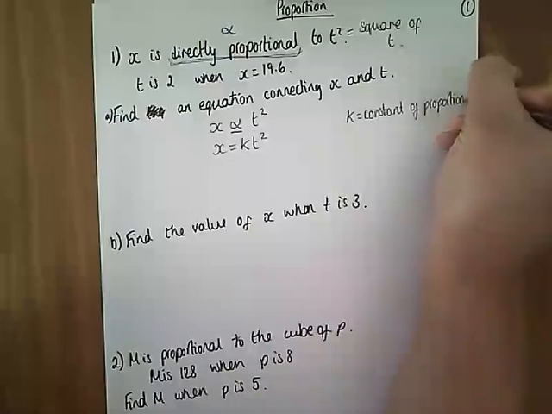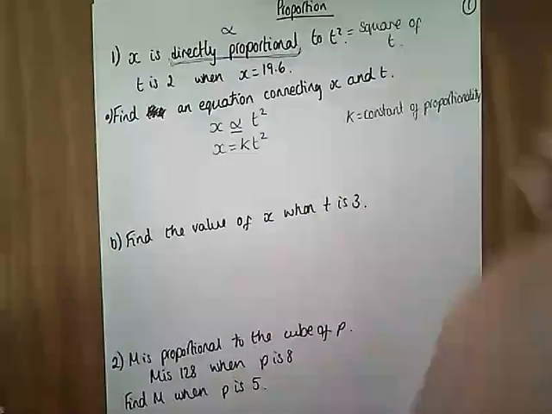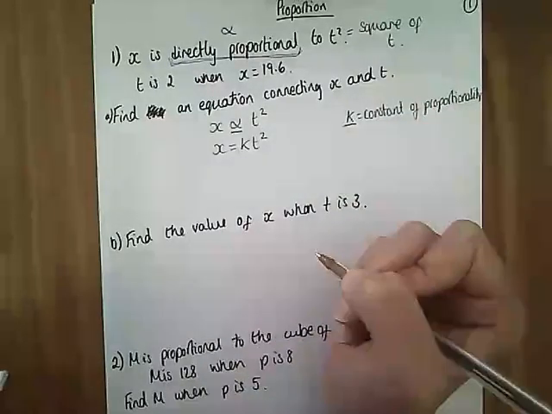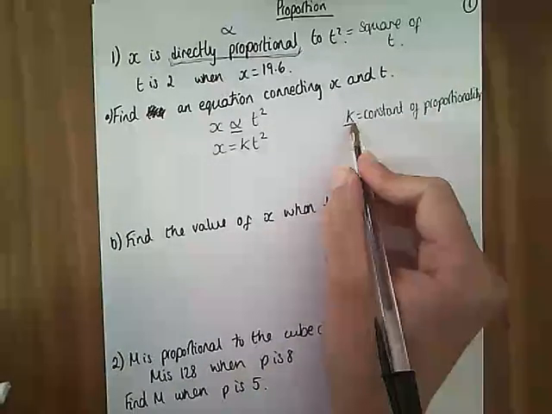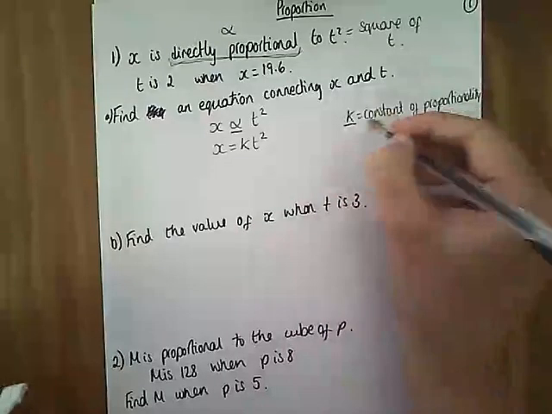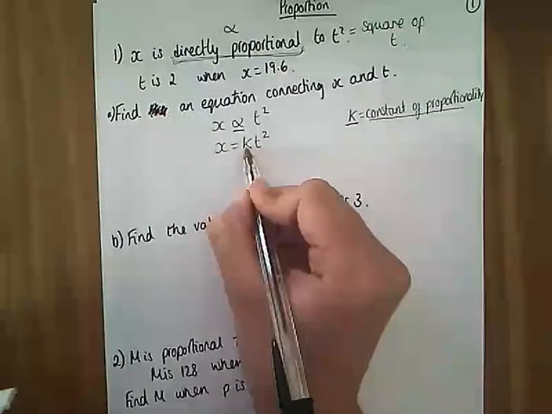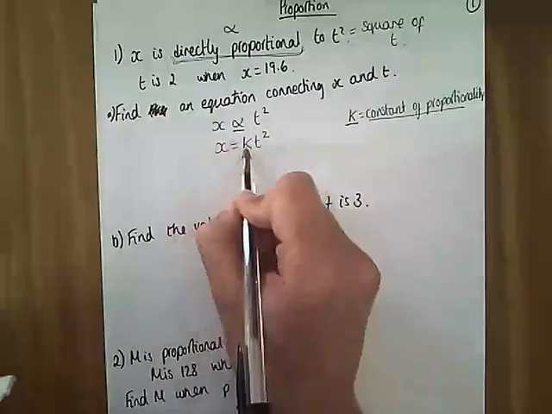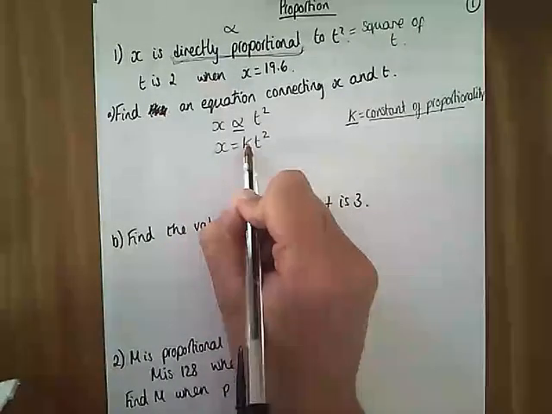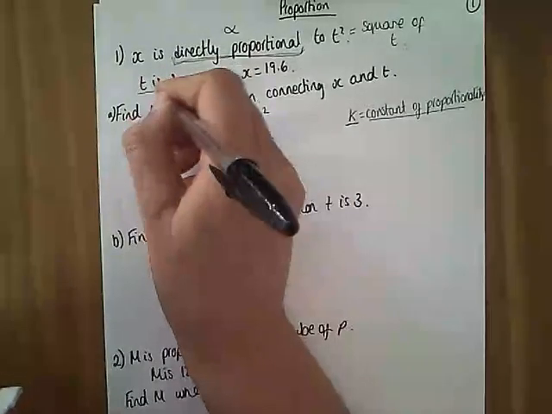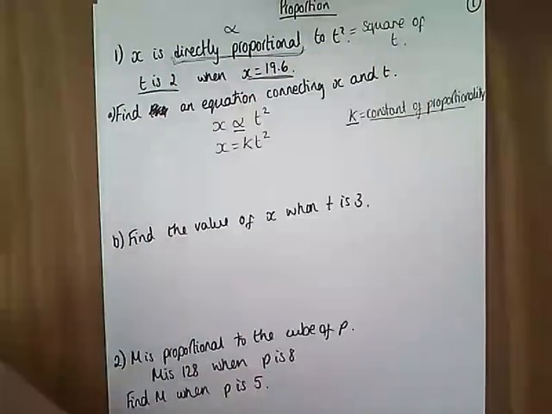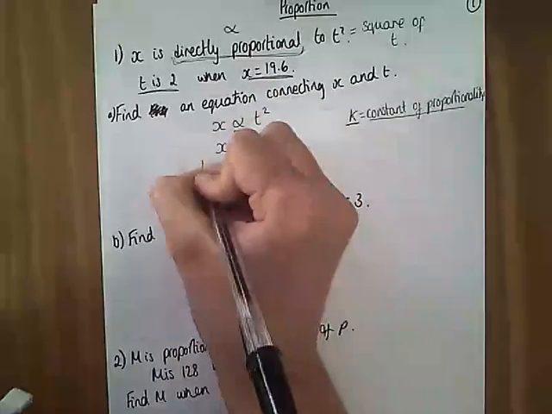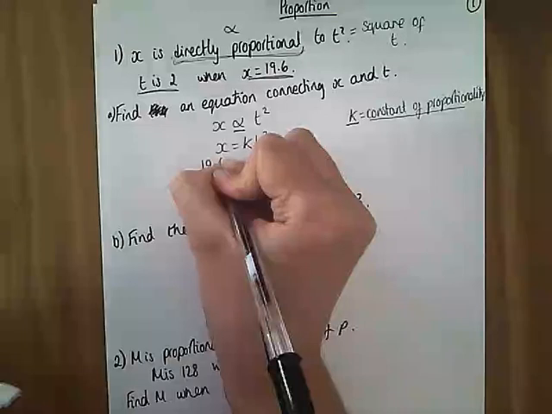Okay, if two things are proportional, they are increasing at the same rate. So k is going to give us that rate of increase. It's going to give us the proportion, that is the constant of proportionality. This is going to be the same every time. x and t are going to change. Because k is going to be the same every time, we have to be able to calculate it. So they will always give you a value of t and a value of x so that you can calculate k. So x is 19.6, so we're going to substitute the two values that we have been given into our